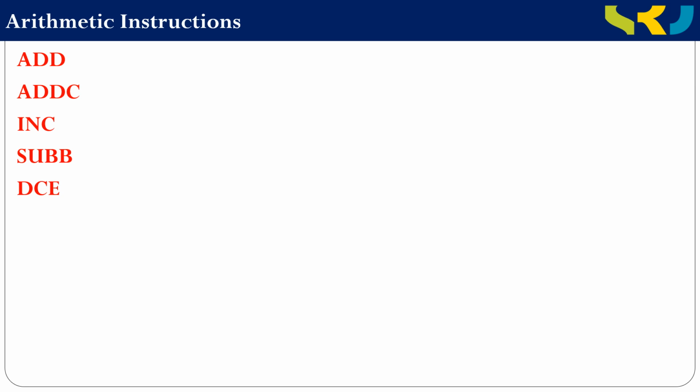DEC stands for decrement. And MUL stands for multiplication. DIV stands for division. DAA stands for decimal adjust for addition. This is the set of instructions supported by 8051 microcontroller to perform arithmetic operations within the 8051 microcontroller. Let us see one by one. The first one is